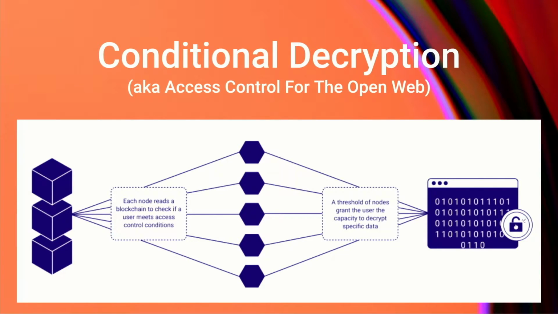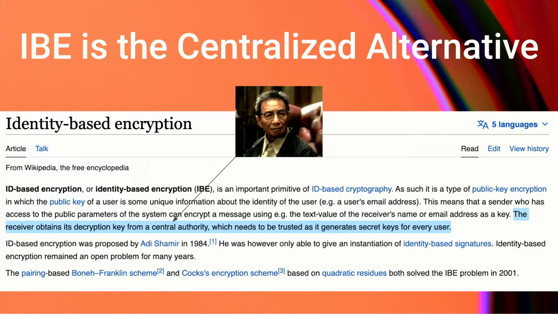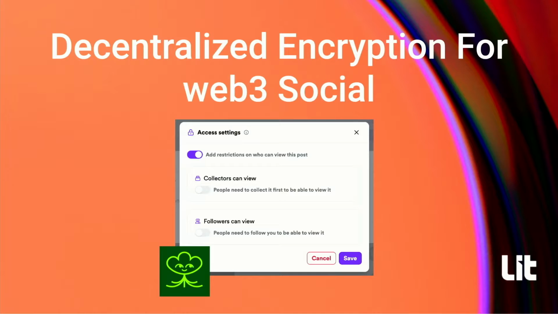What's really cool about this is it's not an exact definitional match, but this is basically what they call identity-based encryption. And as you can see, definitionally, at least according to Wikipedia, identity-based encryption does in fact require a central authority today. But with the LIT method, what we just walked through with this conditional decryption, there is no central authority, thanks to the fact that it isn't just one party that is saying, Bob can now decrypt this, but a threshold, 2/3 of the network, that is signing off on that inside of that SEV black box that we discussed earlier. And so with that, let's talk about some use cases for this conditional decryption product.